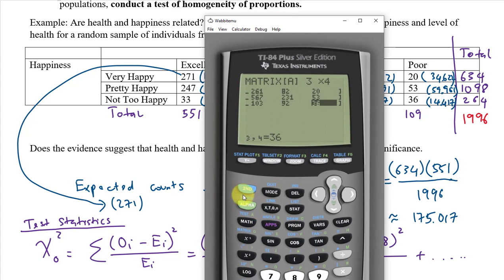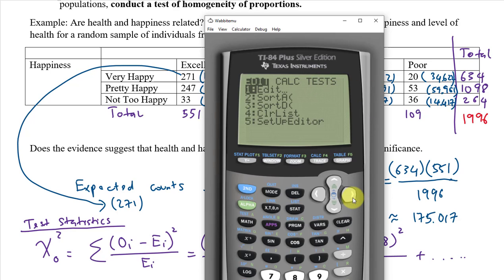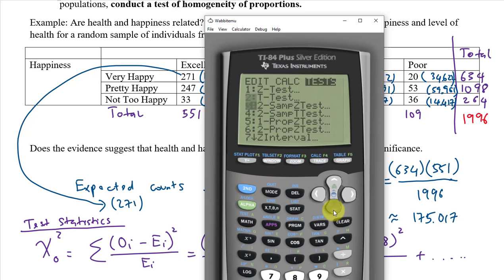And after you get that, you hit second and hit this one so that you can quit out. And now you go to stat, and then we move the cursor to the test, and then scroll down